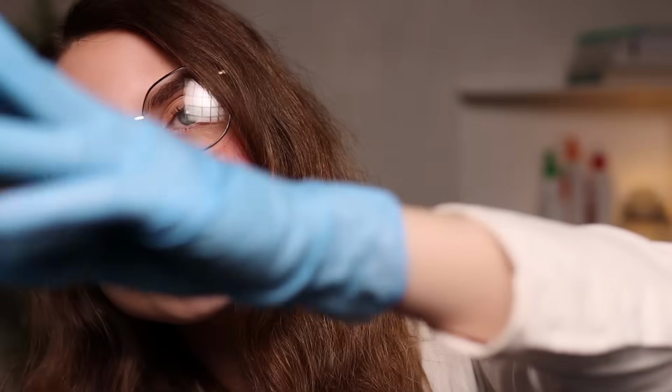So let me inspect your ears just for a moment. Okay, great. The other one. Okay, what if I press on them? Does it hurt in any? Okay, I see. And now I'll have a look with an otoscope. So, please, just relax. It's alright. Okay, wonderful. Now the other one. Okay, good. And now,